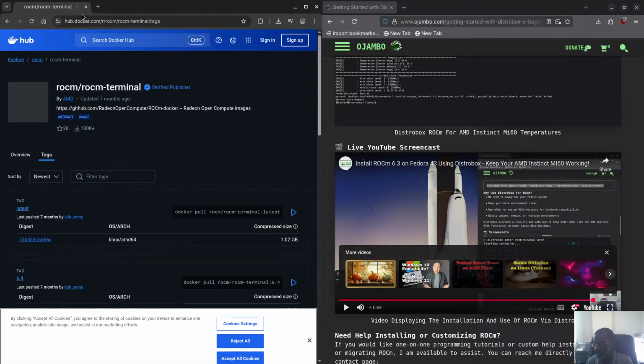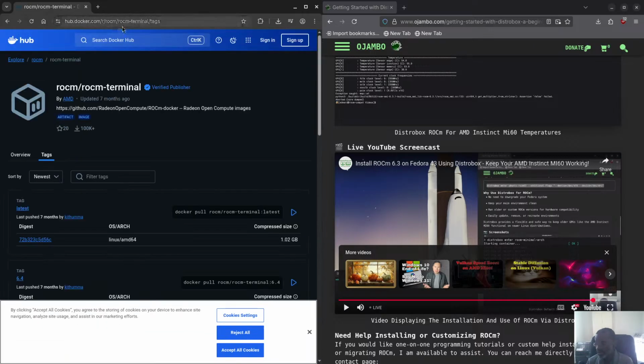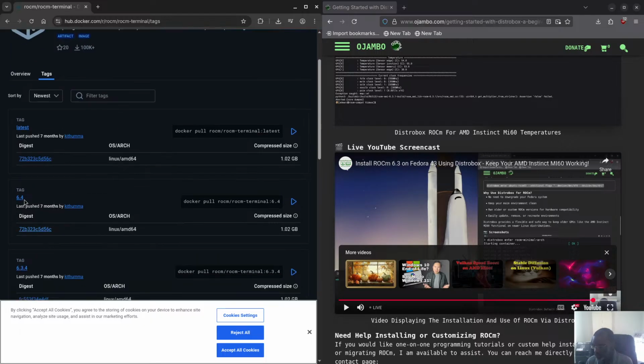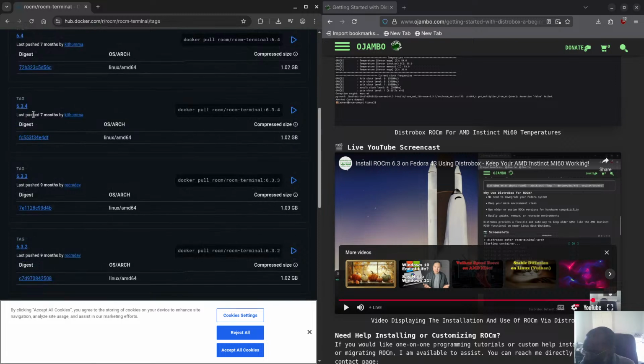So you see hub.docker.com/ROCm/ROCm-terminal/tags. This is the one I decided to pick, the terminal one, because they're much smaller. You can see they're 1 gig, right? You can see, for example, this one is the latest one. Don't get that one if you're trying to get an older version. You see the 6.4. The one I grabbed, you see the 6.3.4. So I know that one works with my